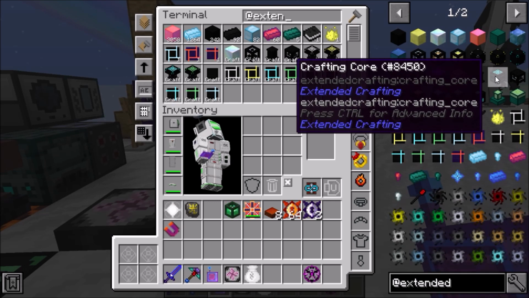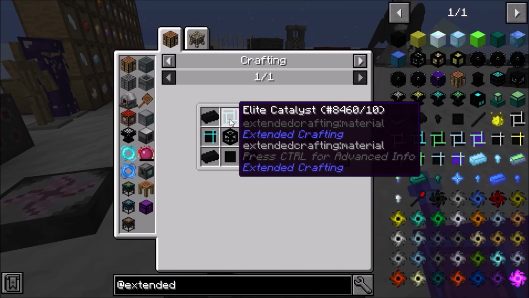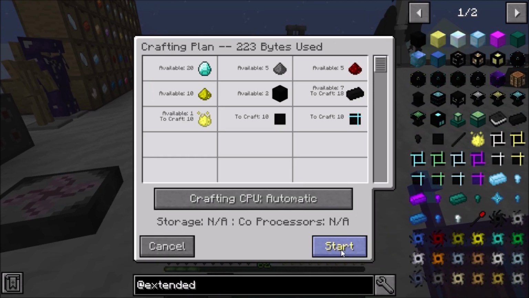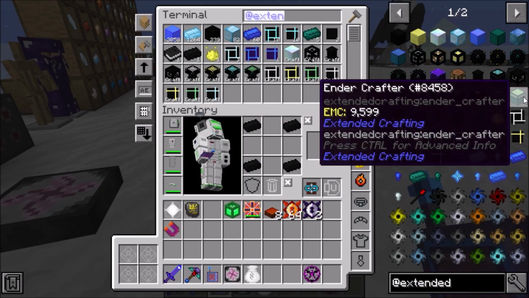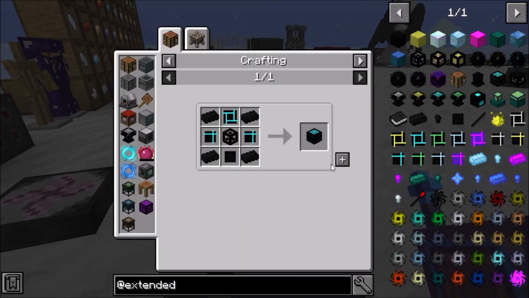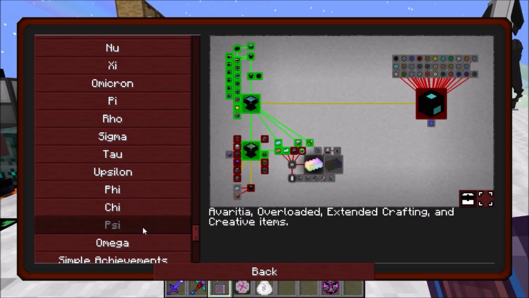We need to make crafting core. Most of this stuff we can make right quick. We need elite stuff. We're going to need some of those, a couple of those, and that should have us what we need. No, we need the black iron frame. And that should get us our crafting core. Beautiful. It's probably not going to give us our quest. We've probably got to make a few...